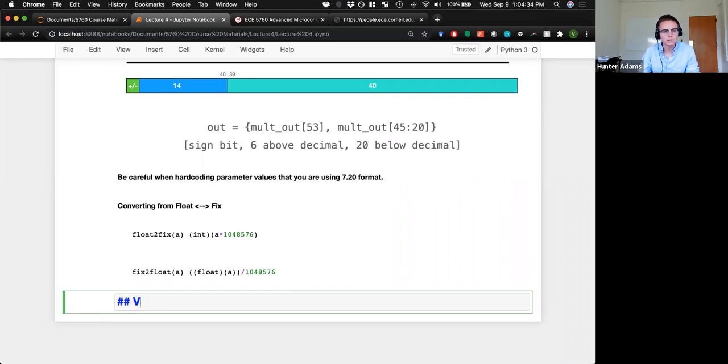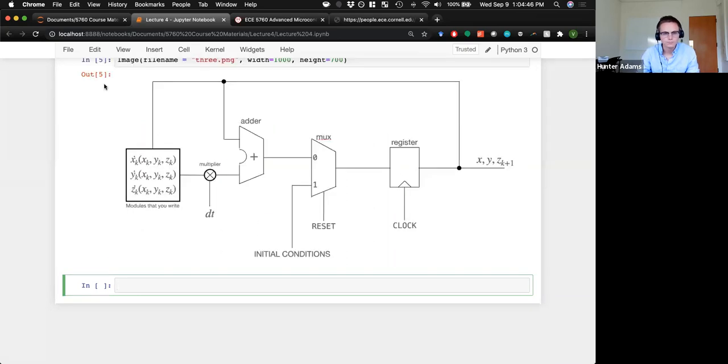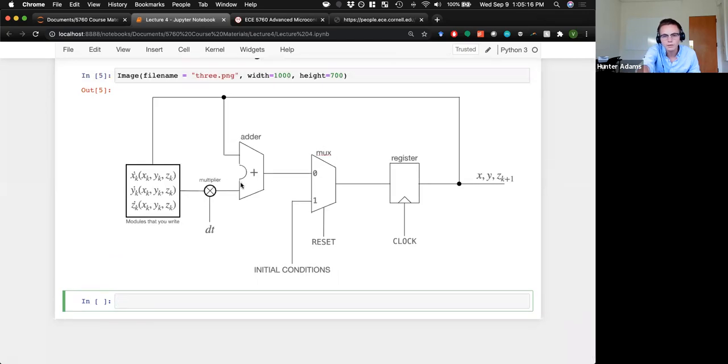So let's look at the basic structure of an integrator. I'm going to show a picture. This is the basic picture of what your integrator is going to look like. You're going to have some modules that will take in the current values for X, Y, and Z and use those values in order to calculate the derivatives at that particular time step, X dot, Y dot, and Z dot. Multiply by dt, and then add with